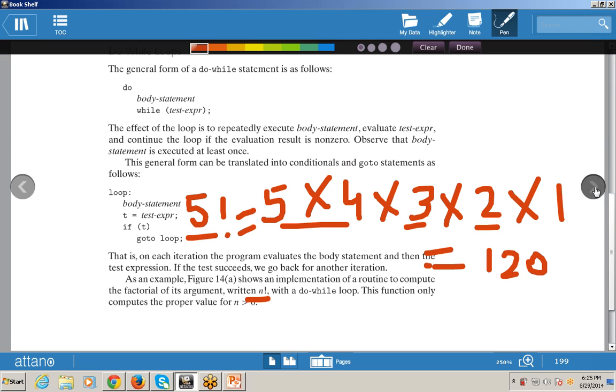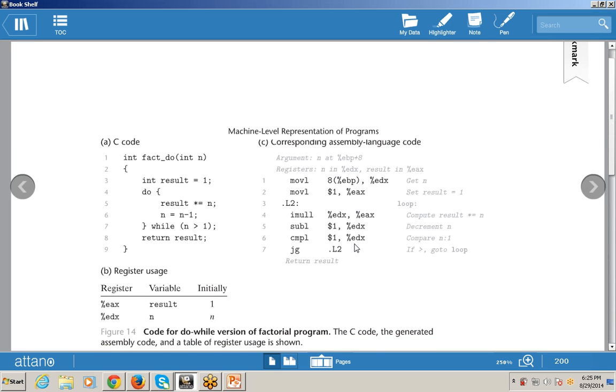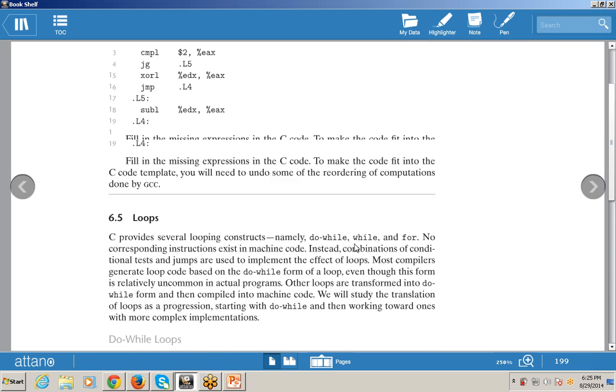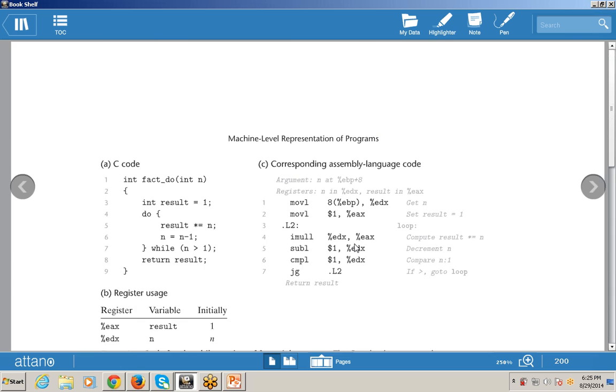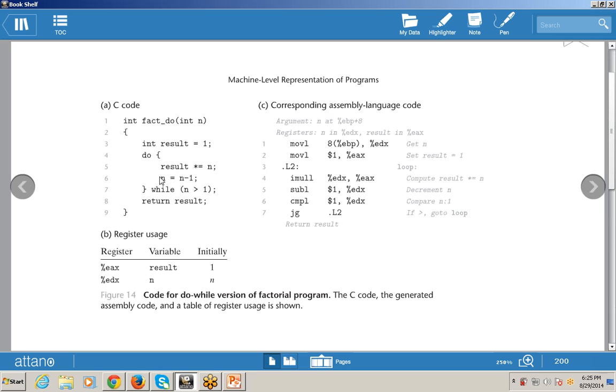So now let's take an example to see how we can do the looping, or how we can find the factorial in a program. This is a C code. Int fact, means factorial, of int n. There is an argument, only one variable, that is n, of type int. Int result equals 1. So first of all, take one variable, that is result, and put the value 1 into result.